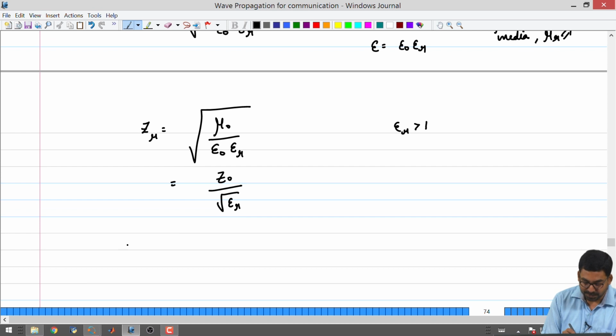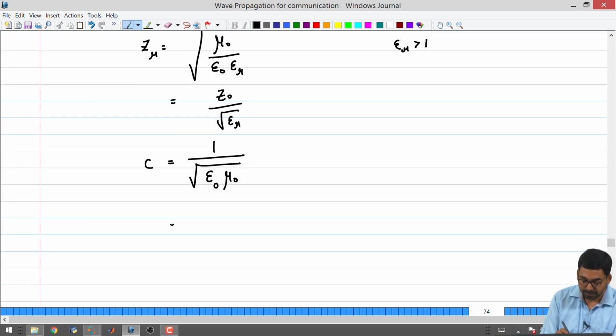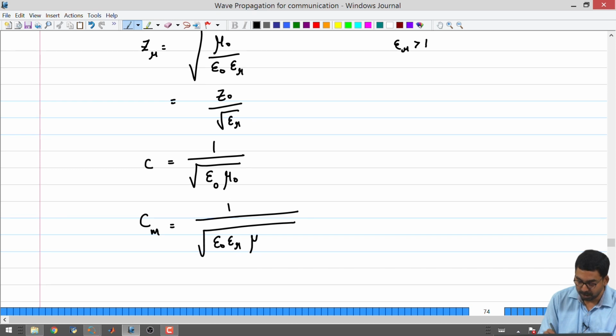The second thing is with respect to the velocity. The velocity we have seen for free space is 1 by square root of epsilon naught mu naught. For material media, c in some medium is 1 by square root of epsilon naught epsilon r mu naught mu r.